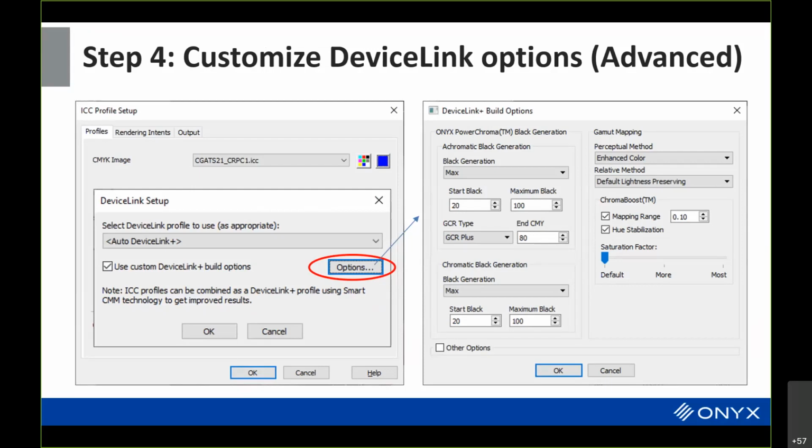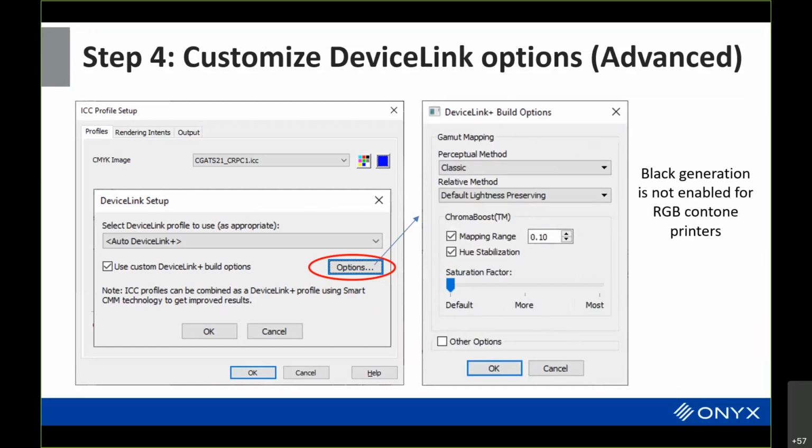Each one of those could potentially have different black generation. Or you could have a quick set that has high ink usage, or a quick set that has low ink usage, and you don't have to go into the printer profile and rebuild and change the options of the printer profile. You can do it as part of setting up device links.